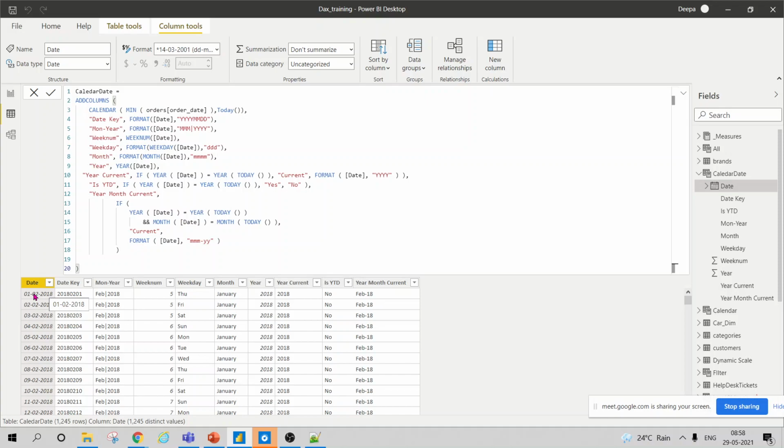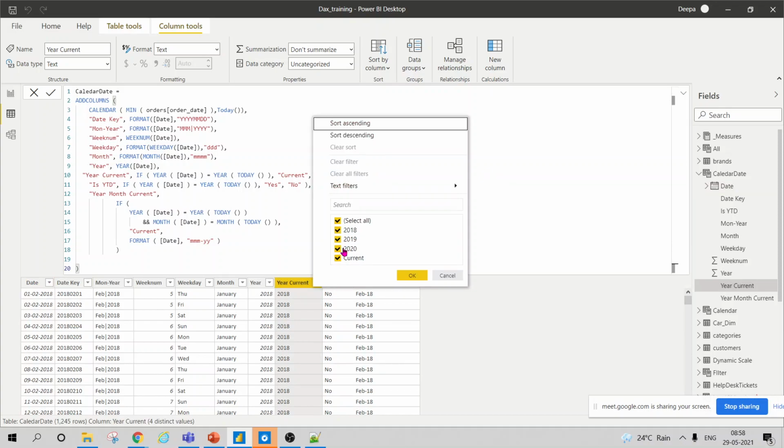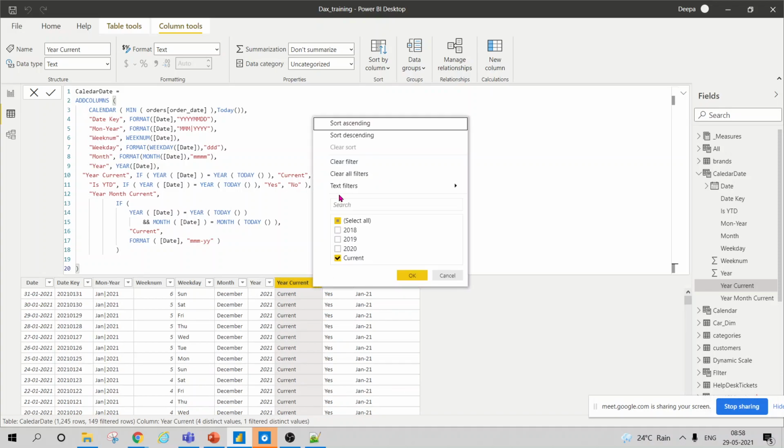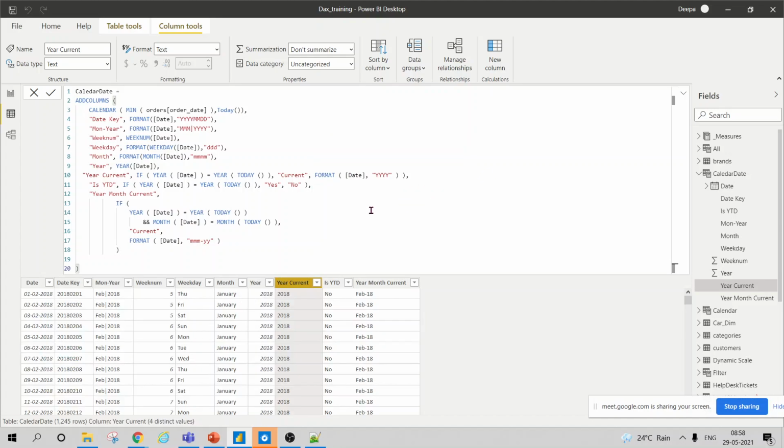It will say no. So if it is not the current date, it will give the year format 2018, and if it is the current date, it will write current. So let's check. See where it has written current. It has written current wherever the year is 2021. Is that okay? Yes, yes.